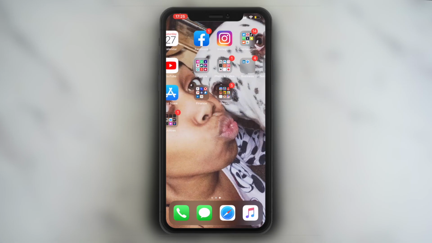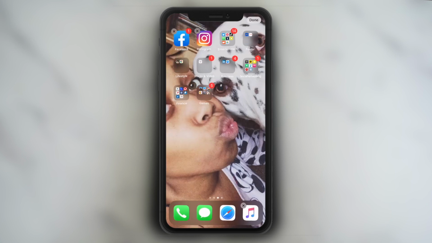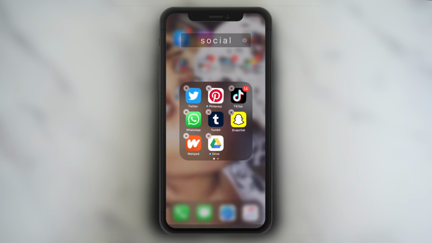So now we are on to the organization. We are organizing my iPhone. This part should be pretty easy as long as you know what you want your layout to be. So I'm ordering mine by usage. I'm going to be naming the folders now, so I know what is what, but also in the folders I'm going to be rearranging them